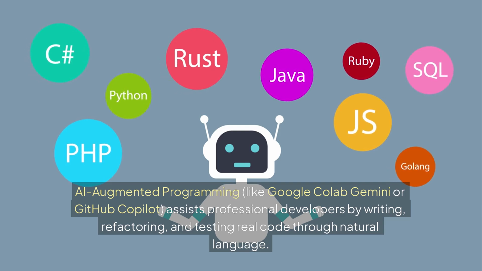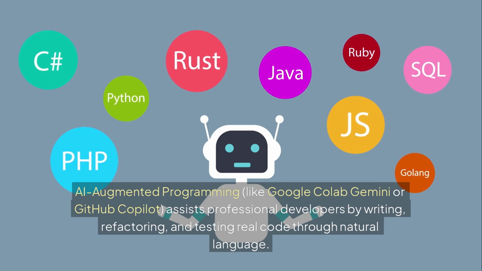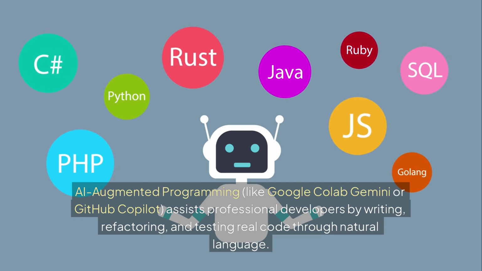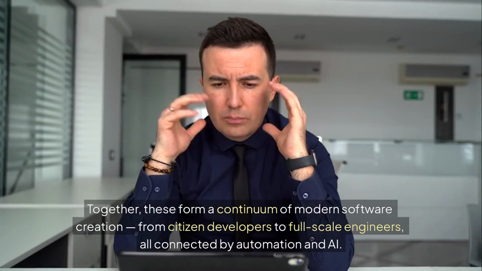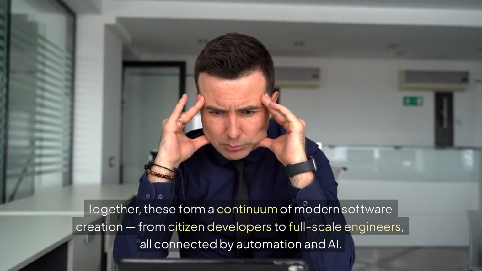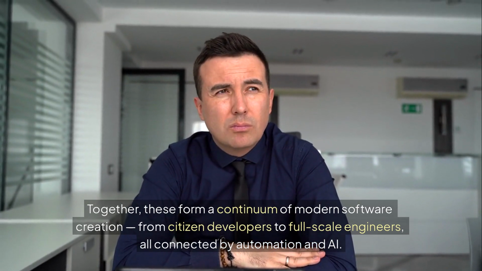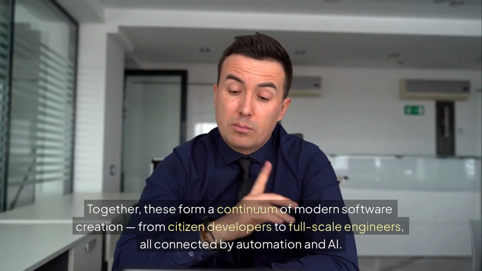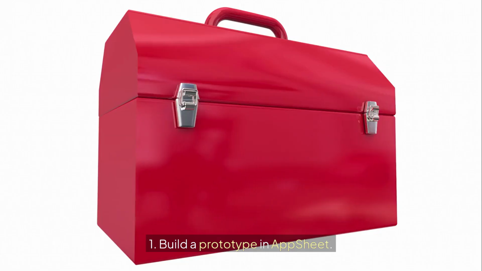AI-augmented programming, like Google Colab, Gemini, or GitHub Copilot, assists professional developers by writing, refactoring, and testing real code through natural language. Together, these form a continuum of modern software creation, from citizen developers to full-scale engineers, all connected by automation and AI. For example, a company might